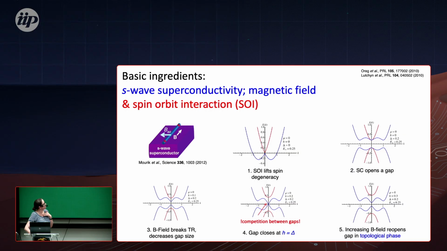We can open it by magnetic field, because you apply a magnetic field parallel to the polarization, and you open the gap here, but you can also open it by superconductivity. So in our problem, we are kind of lucky that indeed there are two ways to open a gap and they compete. And if we go to a regime where the inner gap is opened by magnetic field and the outer gap is opened by superconductivity, we can show that this corresponds to this simple picture of a gap inversion, and the prediction is that we should also have bound states at the ends of the nanowire, on the left and right.